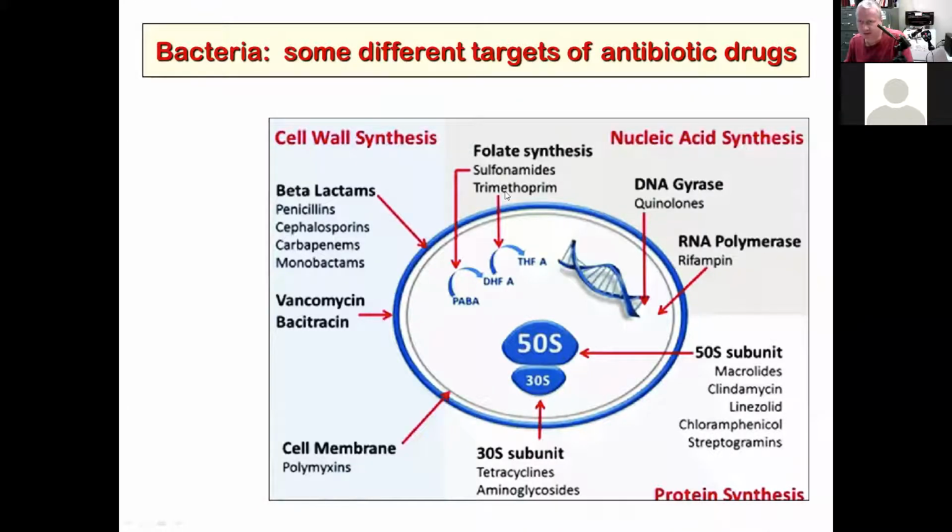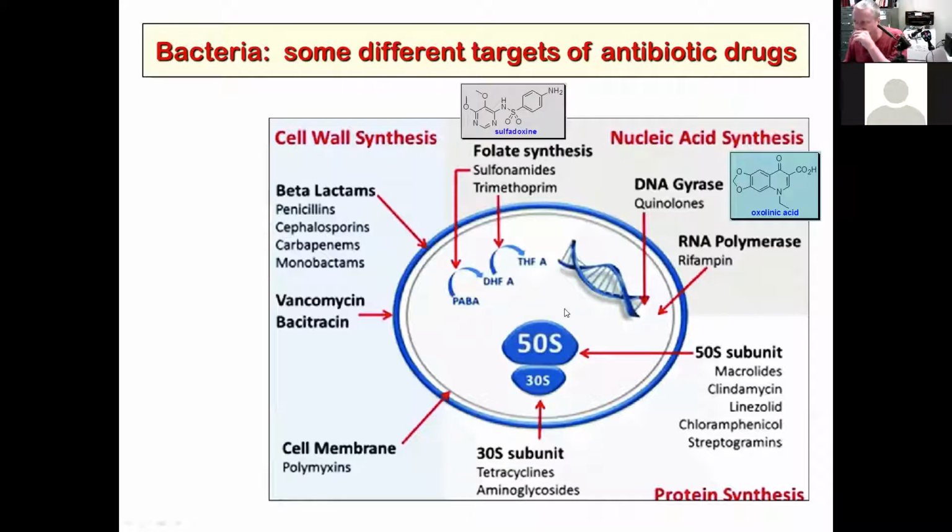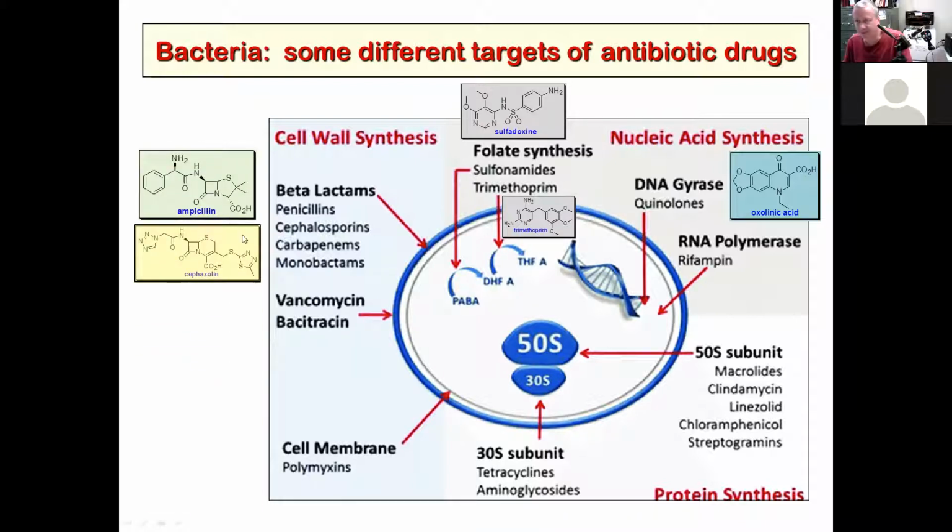Okay, so yeah, this was the diagram of the general classes of antibiotic drug targets. Oxalinic acid was a gyrase inhibitor. Folate synthesis was targeted by sulfadoxine, and the dihydrofolate reductase was targeted by trimethoprim. And then the beta-lactams, penicillins, and cephalosporins are basically